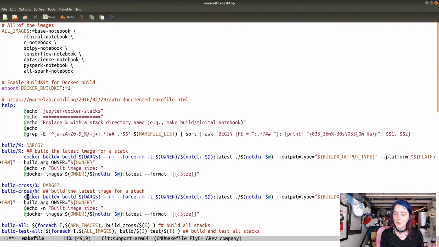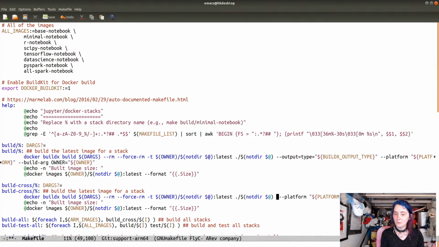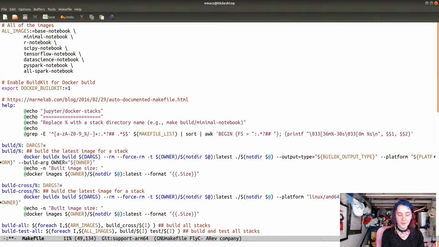So platform is going to be Linux/AMD64, Linux/ARM64, and then